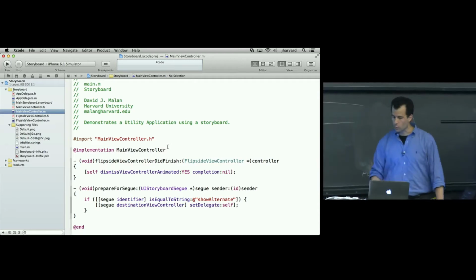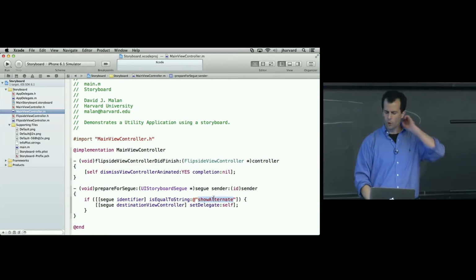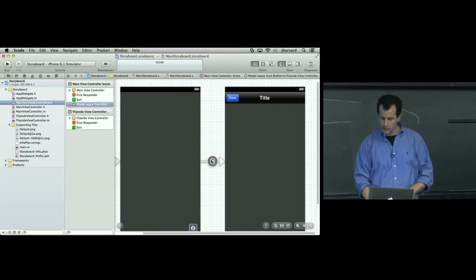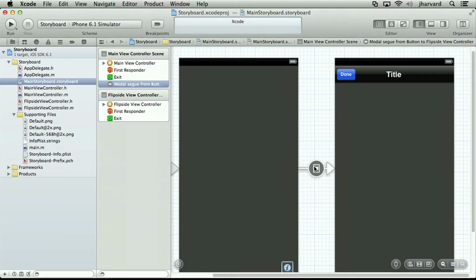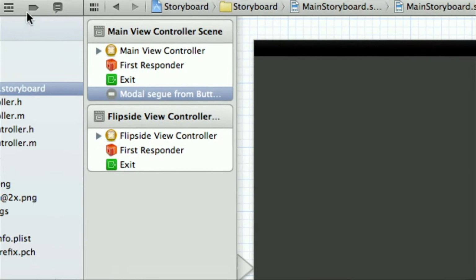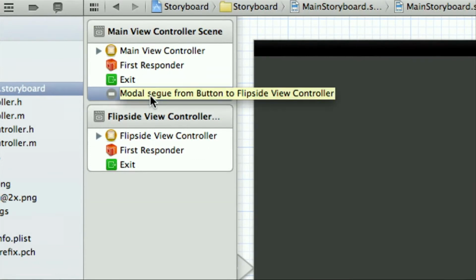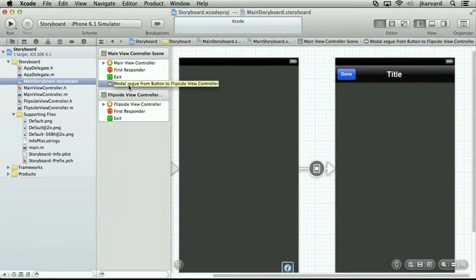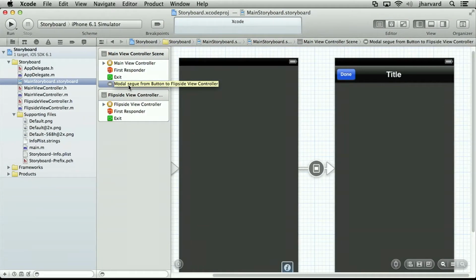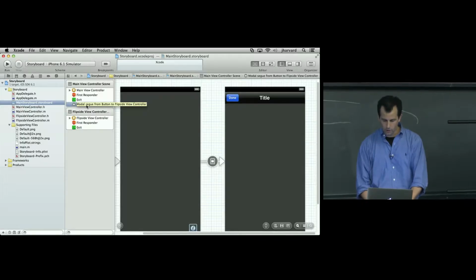So that begs the question, where is this quoted string coming from? Where is this identifier for the segue? So if we go to the storyboard and I click on the segue itself, not much happens over here, but notice that this is apparently of type modal segue from button flip side view controller. That's the English friendly string. I'm going to have to make my UI a bit of a mess and open up over here